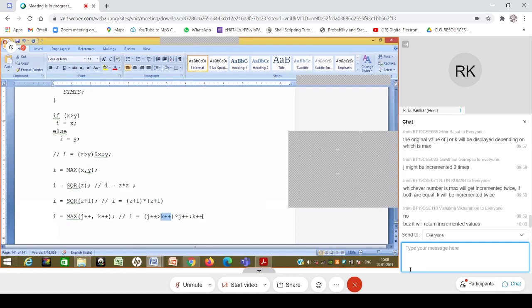And number two, the max value gets incremented twice. So these are the two things which are happening. The assigned value is wrong. It is one more than the original value. And number two, the max value comes again over here, and again it does one more incrementation, and that's why whichever is the max of the two will get incremented twice. Now don't pick me up on the equality condition. It is taken care of similar to when k is larger. So essentially the answer is not correct, and one of the values gets incremented twice. So both things are problems.